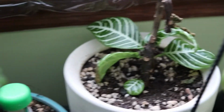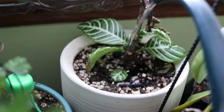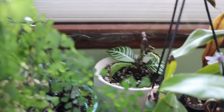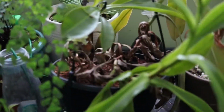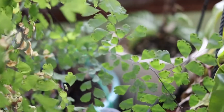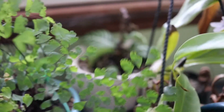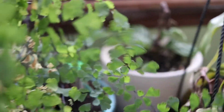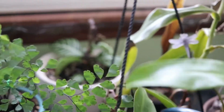I don't know. But I think that this one likes water, so I'm going to water this one. There's that. Luckily, maybe I should do this one. This one really needs it too. Yeah, this one doesn't like to dry out. I actually got this plant from Hertz, and it's really a healthy plant, except for my problems with,